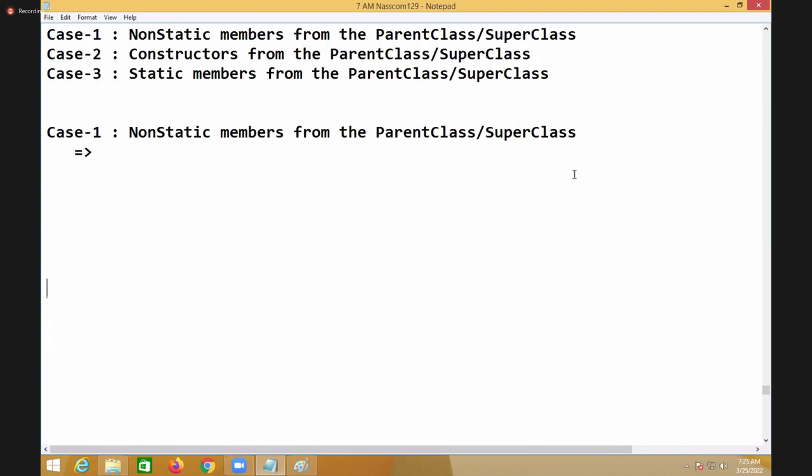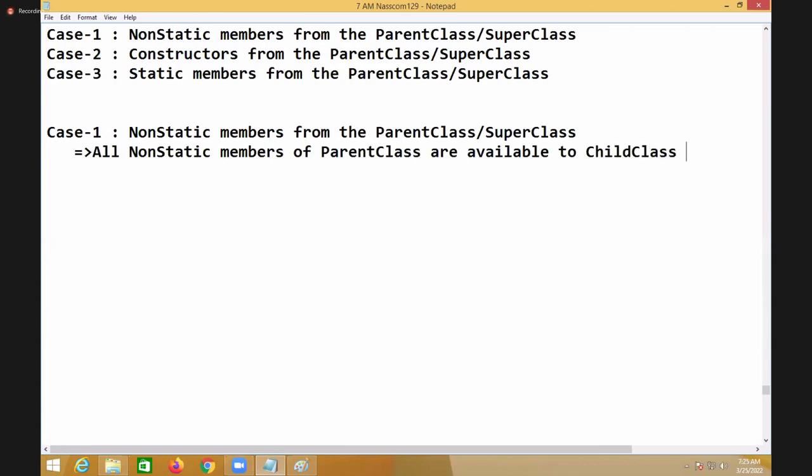All non-static members of the parent class are available to